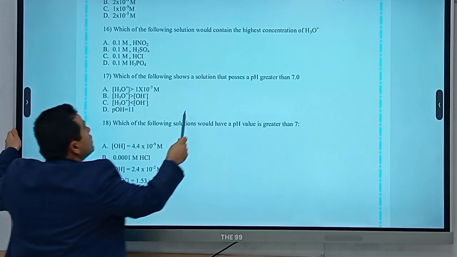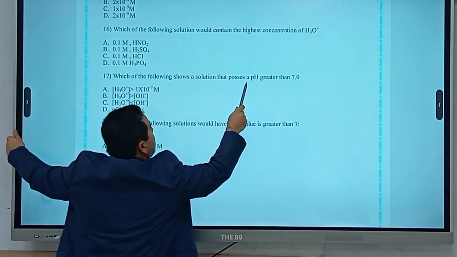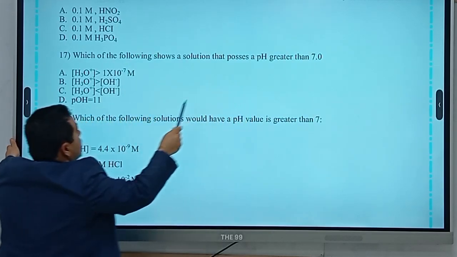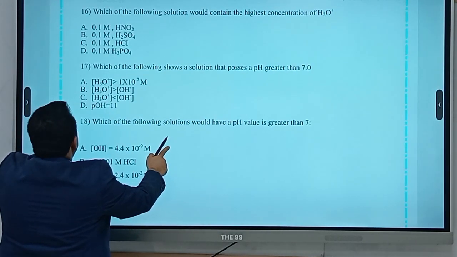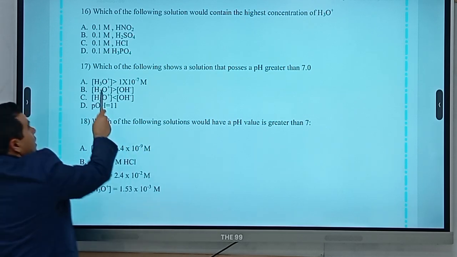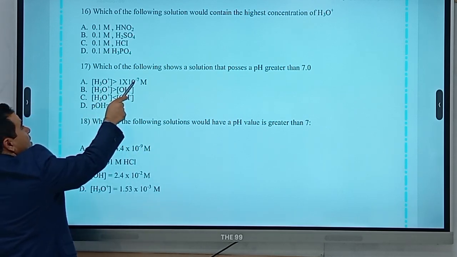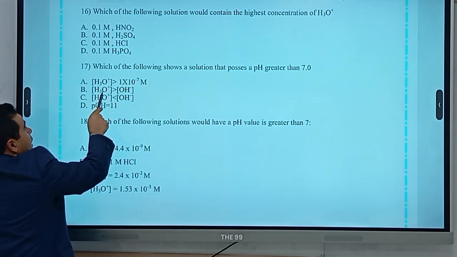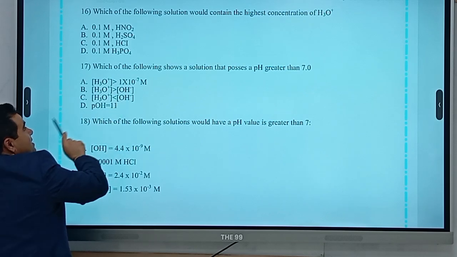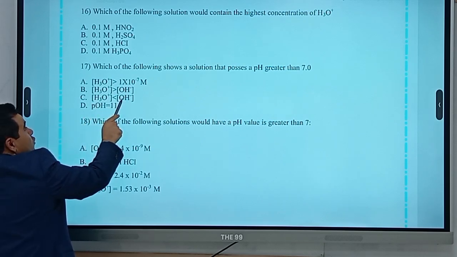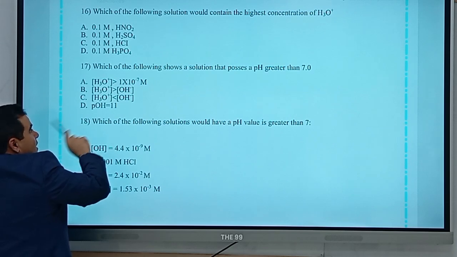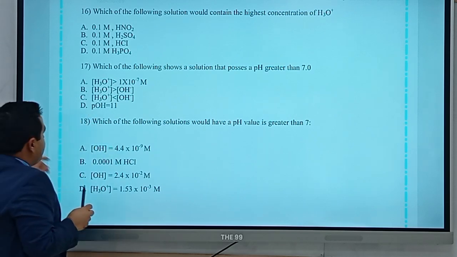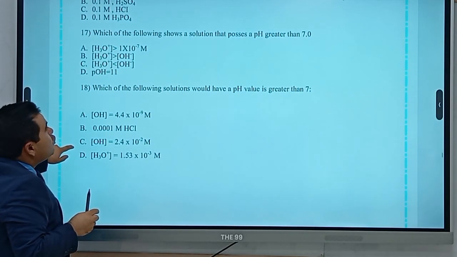Which of the following shows a solution that possesses a pH greater than 7? pH greater than 7 means alkaline. Hydronium higher than 10 to the power minus 7 is acidic. Hydronium higher than the hydroxide is acidic. Hydronium less than hydroxide is basic. pOH 11 is acidic. So C is the correct answer. Which of the following